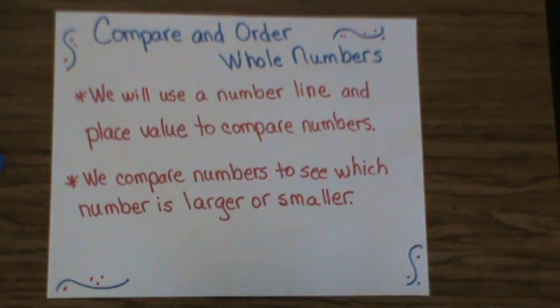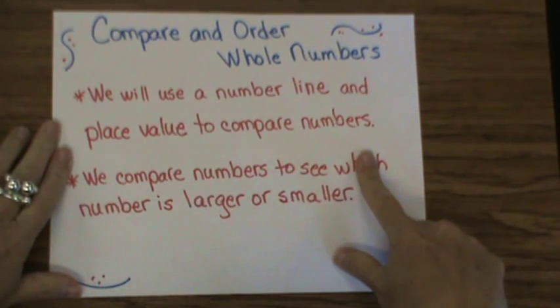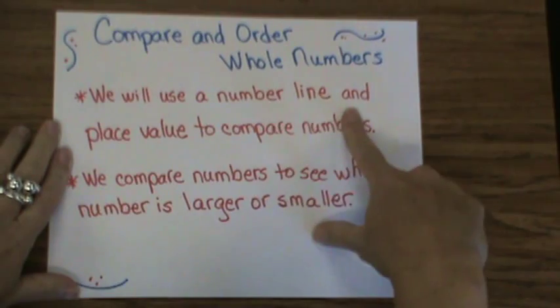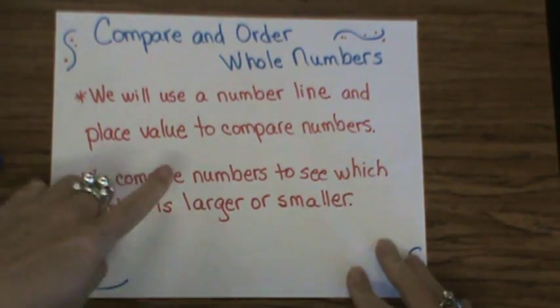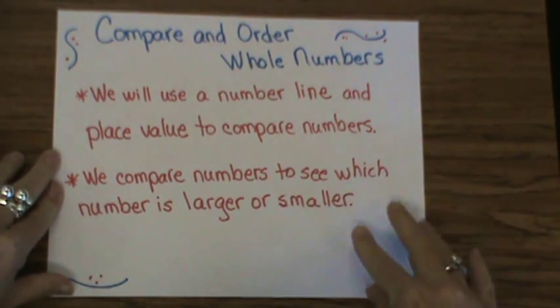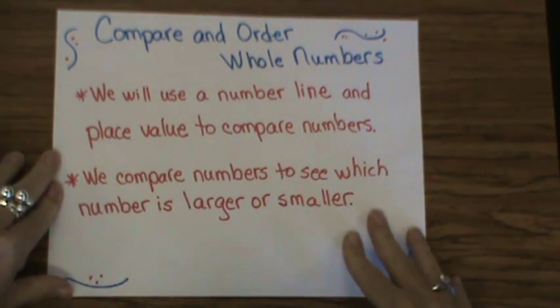This video is going to help you to compare and order whole numbers. We will use a number line and place value to compare numbers. There's several different ways we're going to be doing this. One is with the number line and one is by using place value. All it means when we compare numbers, it simply means we're going to see which number is larger and which